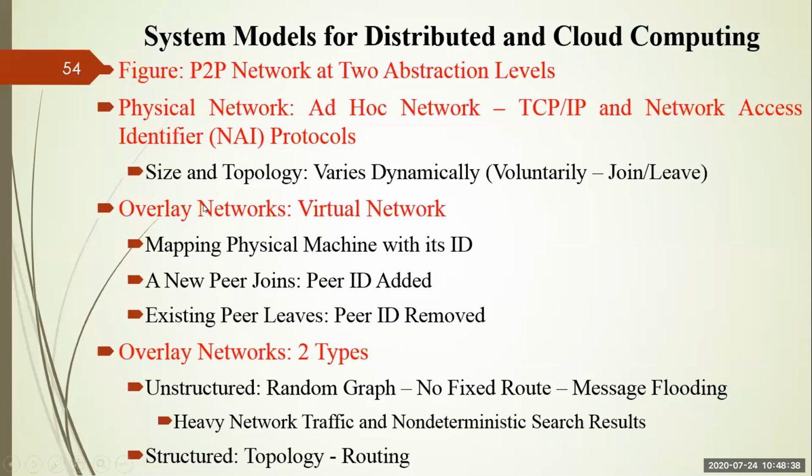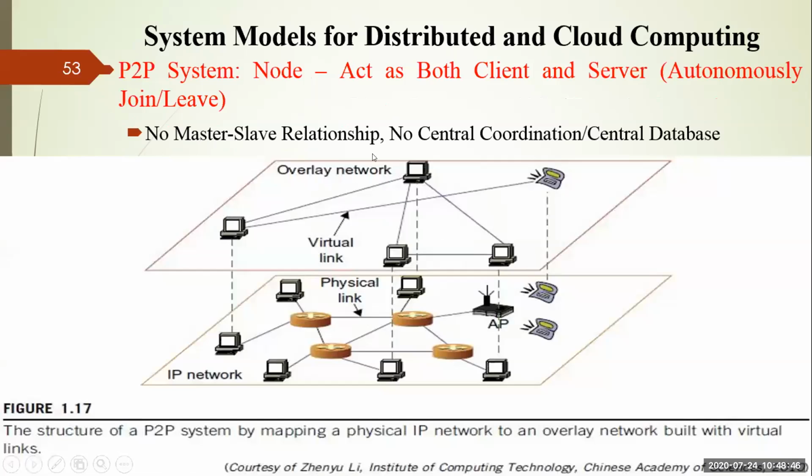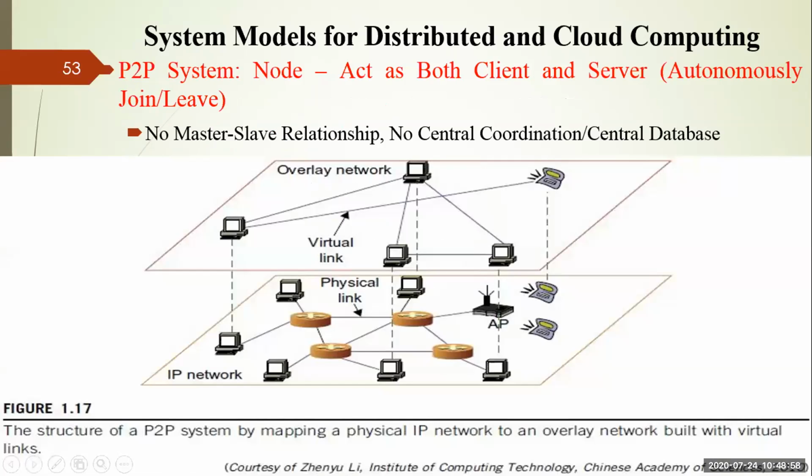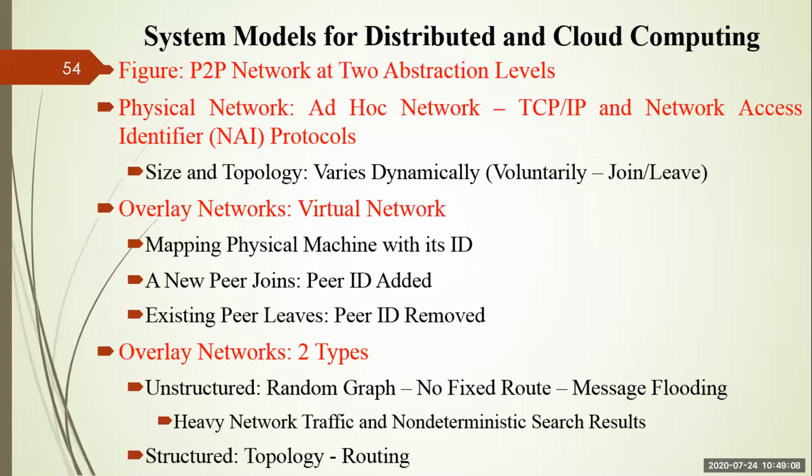But if you want to go for an overlay network, it is a virtual network in which each physical machine participating in the overlay network is assigned an ID so that they can communicate with each other to provide the service. Whenever a new computer joins the overlay network, it is provided with an ID, and that ID is a unique one. Whenever a computer system leaves the overlay network, the corresponding ID is removed. In this way, the overlay network provides the services in a grid or cluster computing system.